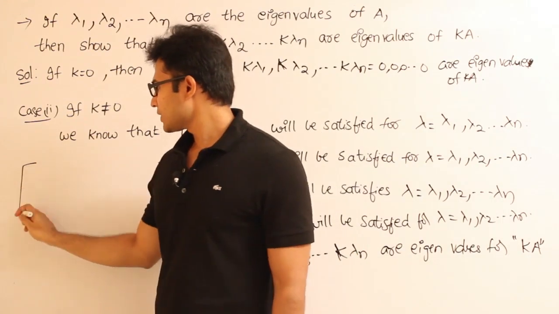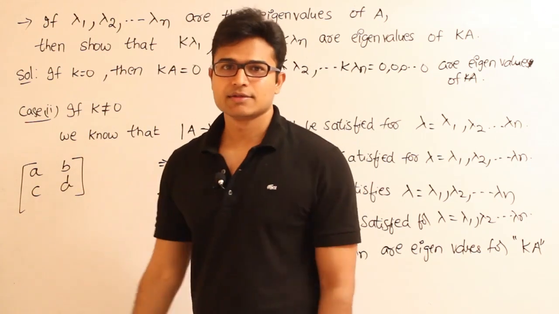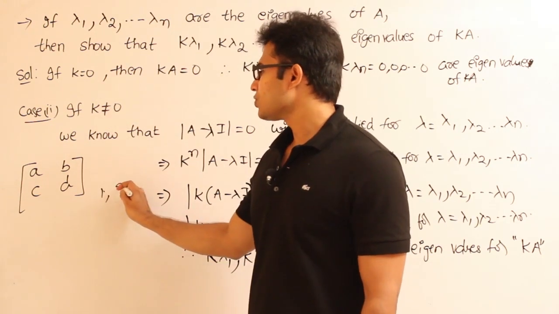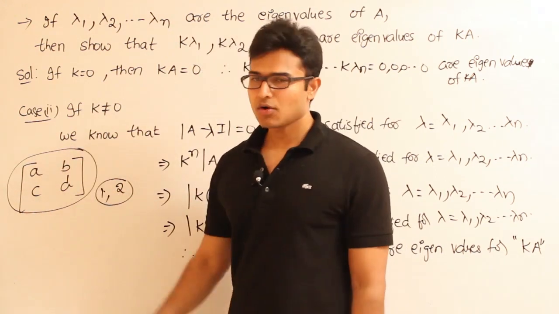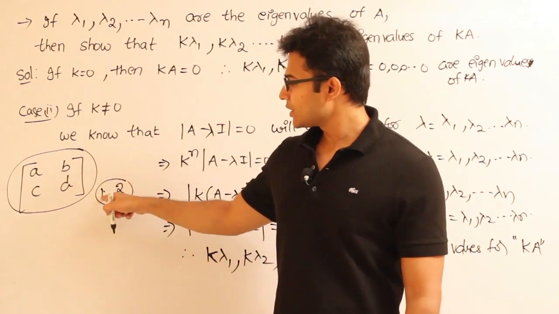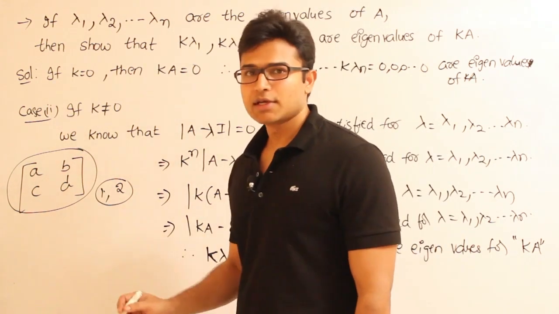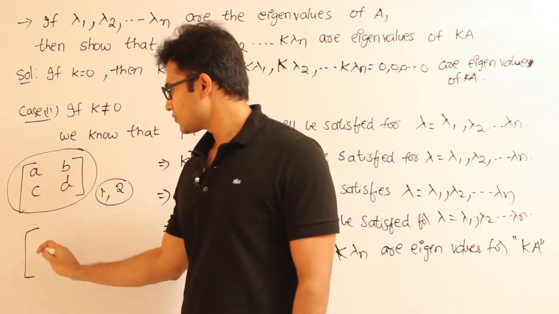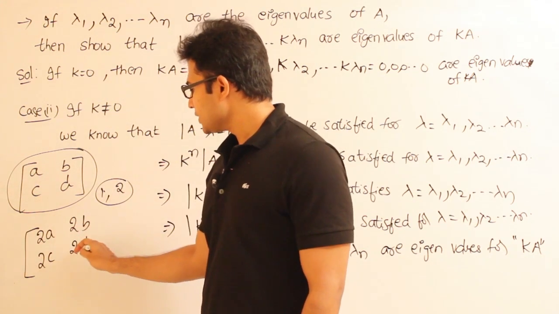Let us say you have a matrix like this, A, B, C, D, and now you found out that the eigenvalues of this matrix are 1, 2. Now if you multiply this matrix with a constant, then the eigenvalues for the resulting matrix will be a scalar multiplication of the eigenvalues for the original matrix. So if you have a constant 2 and you multiply this matrix with that, which means the matrix 2A, 2B, 2C, 2D, then